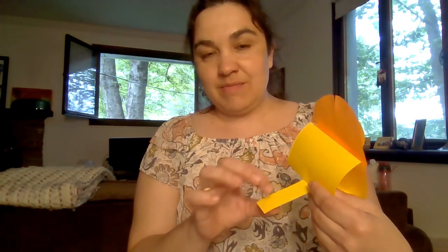So today we're making lions out of paper, and we still have to finish his tail a little bit because we have to make it a little stringier. But this is our basic lion. So for this project, we're going to need